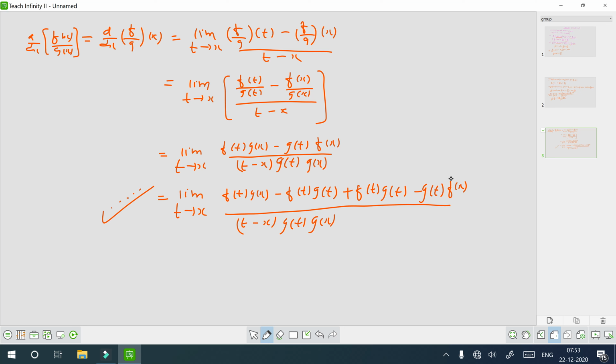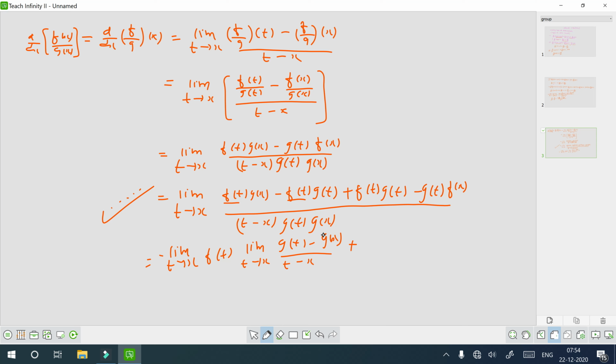This one is important step. હવે શું કરીશ જોજો, લિમિટ t tends to x, અહીંથી f of t કોમન કાઢી લો, એટલે f of t ને લિમિટ આપી જ દઉં સાથે સાથે. હવે કોણ વધે અહીંથી? જો અહીંથી વધશે g of x માઇનસ g of t વધે ને, બરાબર? તો માઇનસ સાઇન કોમન લઈ લો, એટલે શું આવે? g of t માઇનસ g of x આવે, ઓવર t માઇનસ x આવે, t ટેન્સ ટુ x આવે,